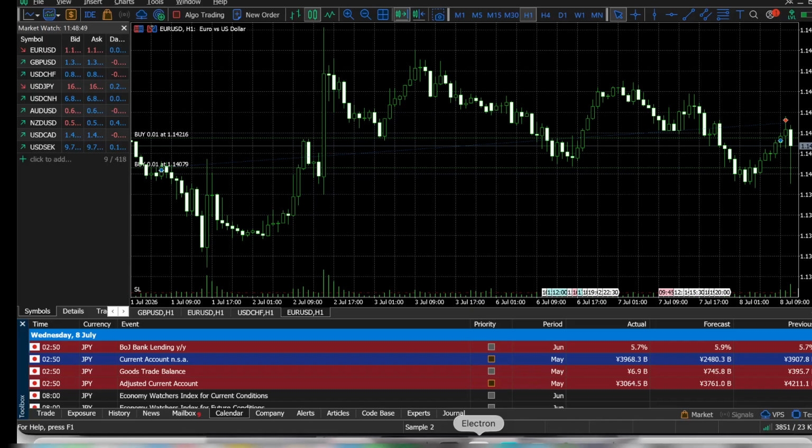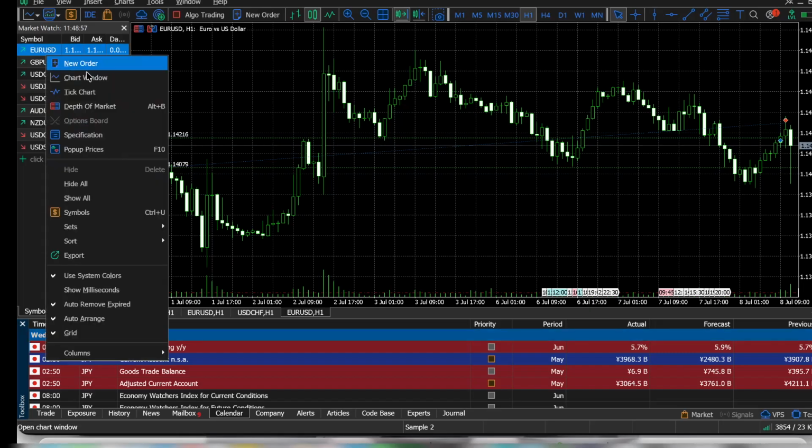Next, you'll want to identify a specific symbol you're interested in. This symbol represents the asset classes you wish to analyze, such as forex pairs, stocks, or commodities. Now, move your cursor and right-click directly on the symbol of interest. This action will trigger a context menu, offering you a variety of options. The right-click function is an intuitive gateway to more detailed information and is instrumental in accessing the market depth feature